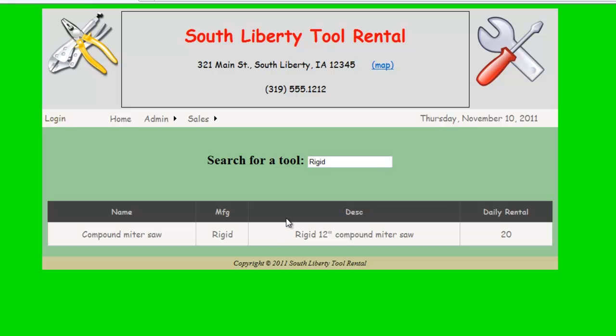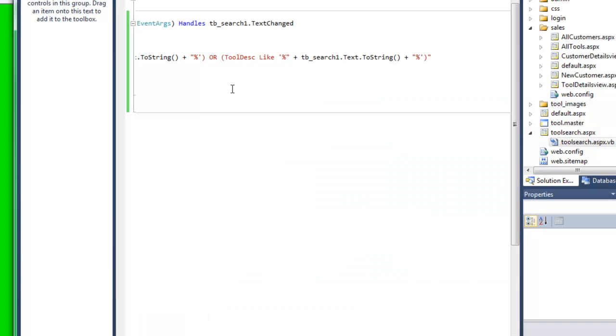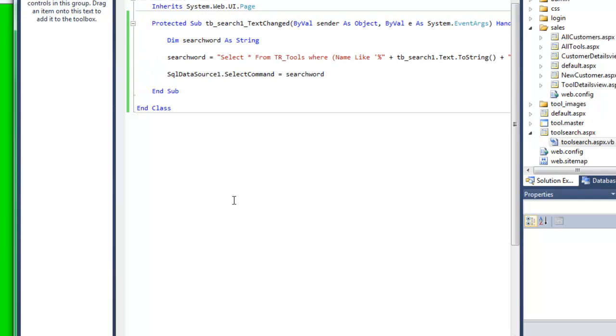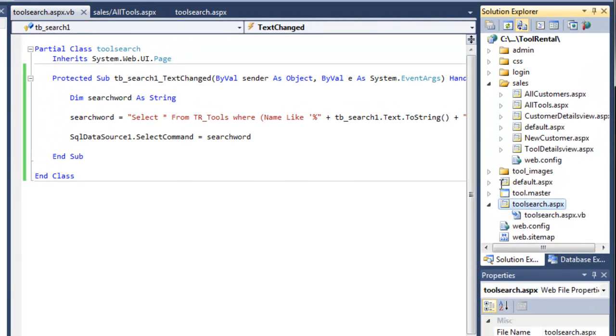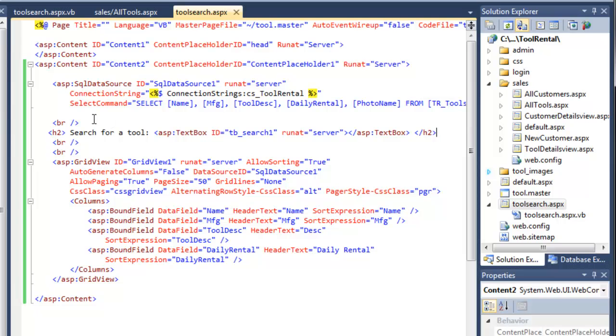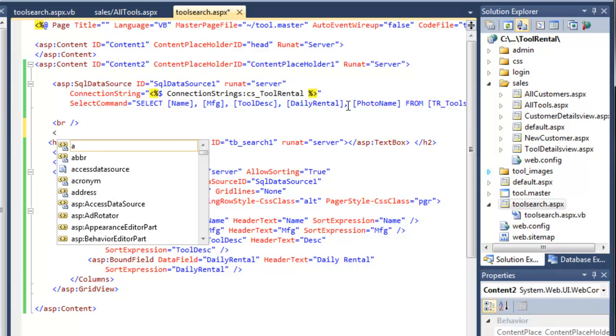I can use postback a little bit with this to kind of clean things up and make it look a little neater. Hide this grid view unless we need it. So let's take a look at that real quick. So I'll get back into my tool search page. Alright, so right before here we'll do the